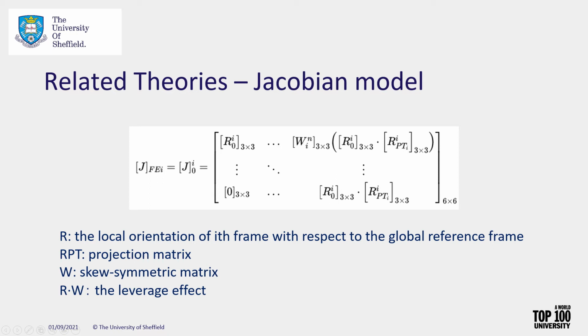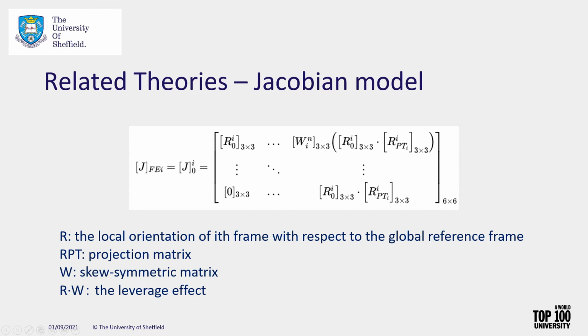Here, matrix R0I is the local orientation change of frame I with respect to original frame 0. Matrix RPT is a projection matrix designating the unit vectors along local axes respectively for the tolerance zone tilted according to the direction of tolerance analysis. Matrix WNI is a skew-symmetric matrix allowing the representation of the vector between the ith and nth frame. Matrix R times W reflects the leverage effect when the small rotations of Fe are being multiplied by terms of